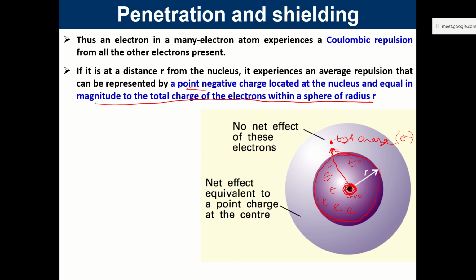So there is a reduction in the Coulombic force, so the net effect is equivalent to a point charge at the center. सो अगर 3 प्रोटॉन है और बाकी जो जितने इलेक्ट्रॉन डेंसिटी है उसको इससे माइनस कर दीजिए, सो दैट विल बी द टोटल इफेक्ट ऑन द टेस्ट चार्ज।